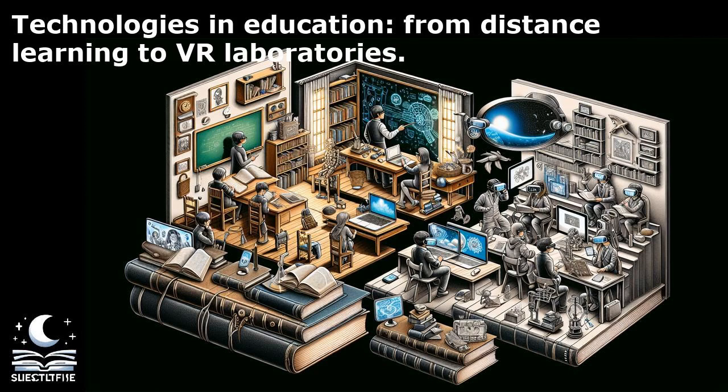Additionally, the Massachusetts Institute of Technology, MIT, implemented VR laboratories in their physics department to supplement traditional lectures and experiments. Students could visualize complex physical phenomena, such as quantum mechanics and electromagnetism, in immersive VR environments, deepening their understanding of abstract concepts. The interactive nature of VR laboratories at MIT encouraged student engagement and collaboration, fostering a community of learners